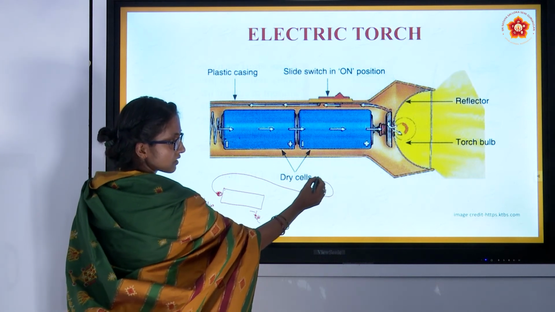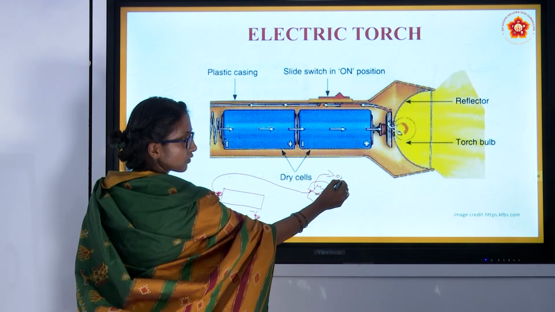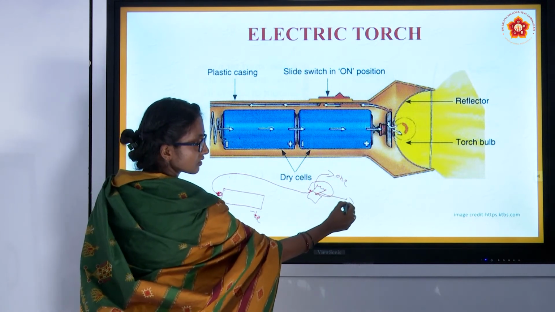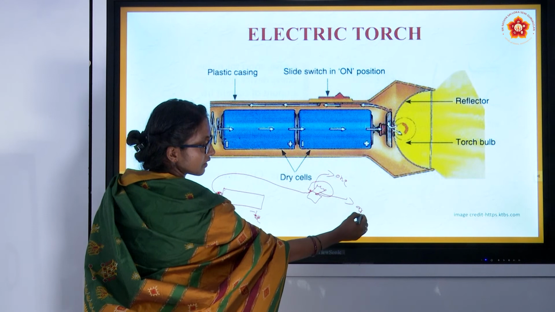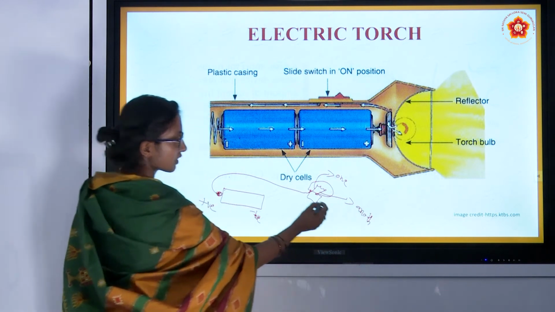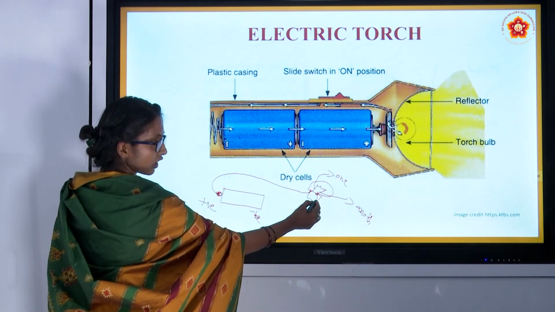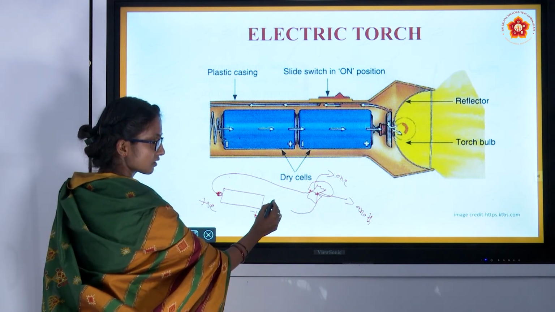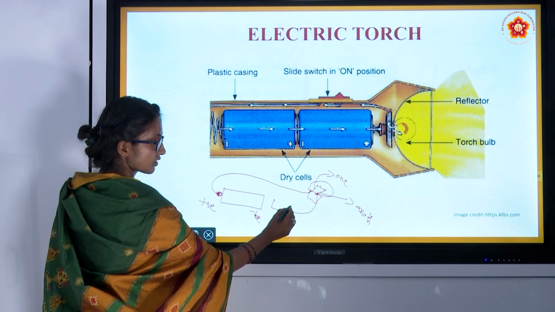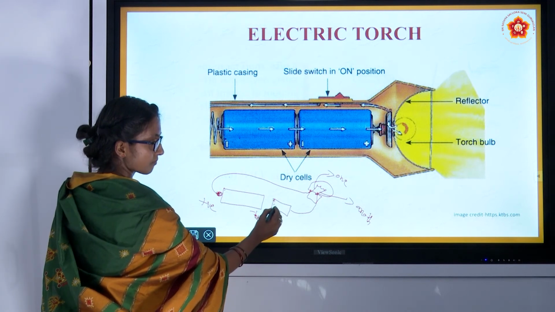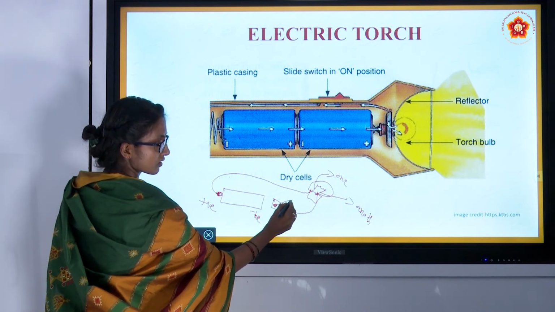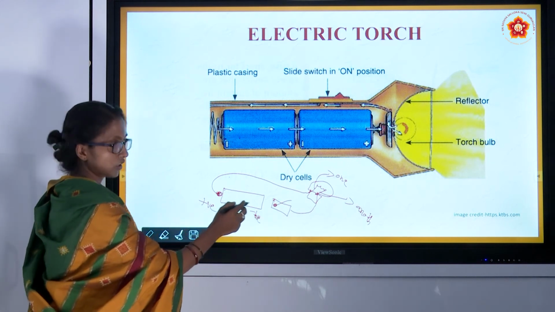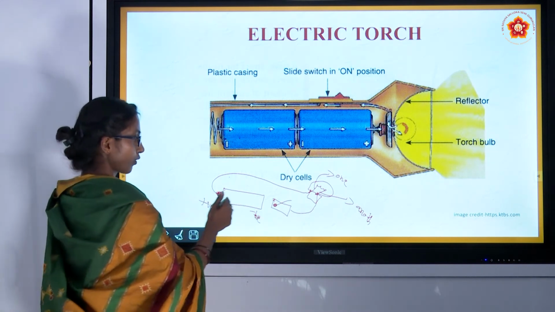The other terminal of the bulb is connected to the switch. The switch is open, which means the circuit is not closed.